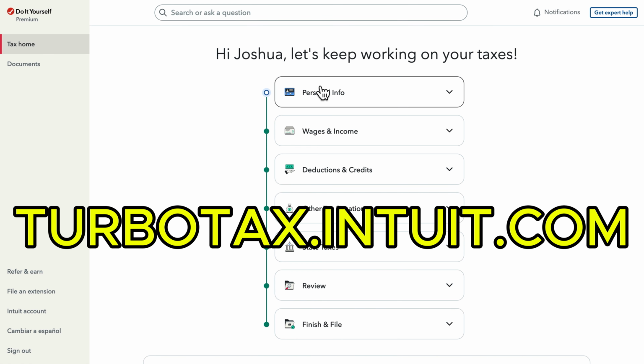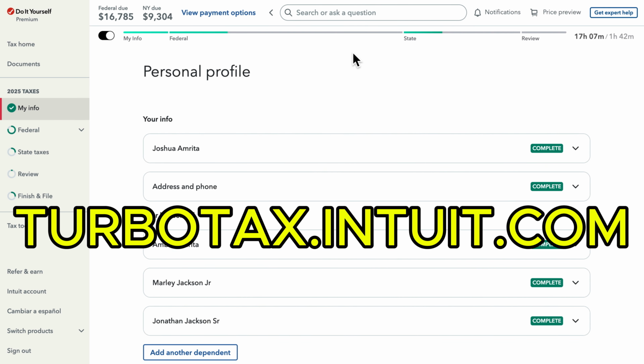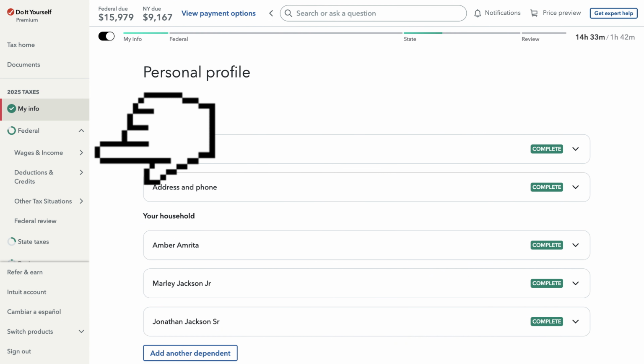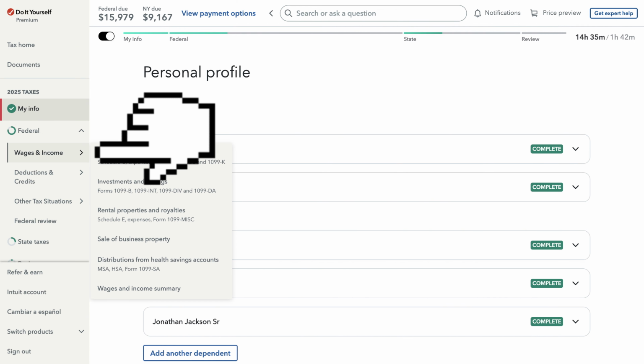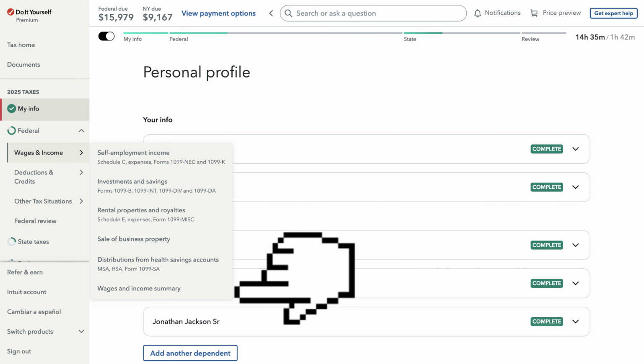After you sign into your TurboTax account under turbotax.intuit.com, you want to click on this Federal button at the left side of your screen, then click on Wages and Income just below it. While you hover your mouse over Wages and Income, you want to choose Wages and Income Summary, which